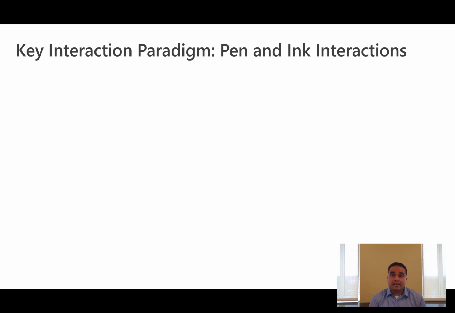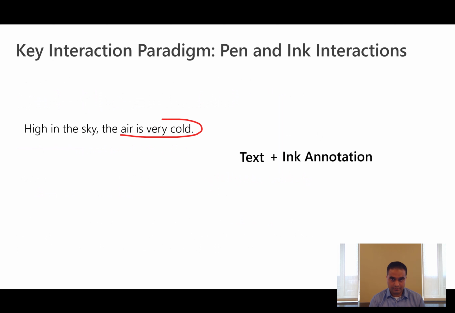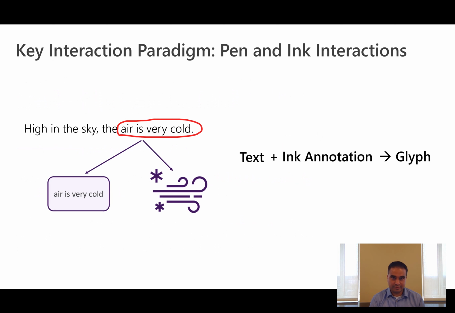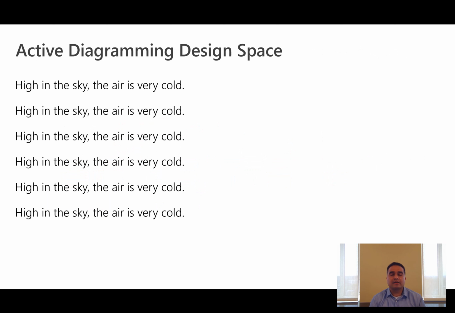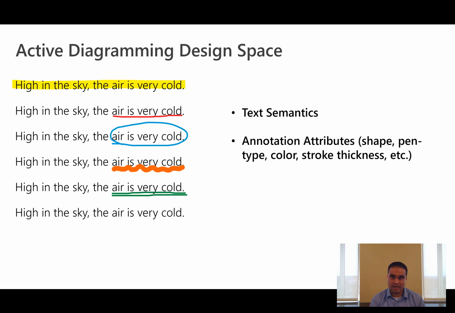A key interaction paradigm in texSketch is that we can combine text with ink annotations to automatically generate diagram representations. That is, text plus ink annotation equals glyph. And a second key paradigm is that we can use natural language processing to scaffold the reading and diagramming tasks. Combining these two paradigms gives us a rich design space for active diagramming, including text semantics, annotation attributes such as shape of the glyph, tool type, color and stroke thickness, and annotation sequence, all of which can be mapped to